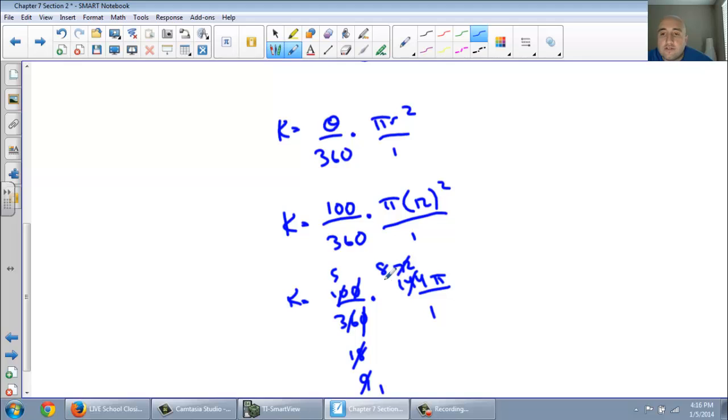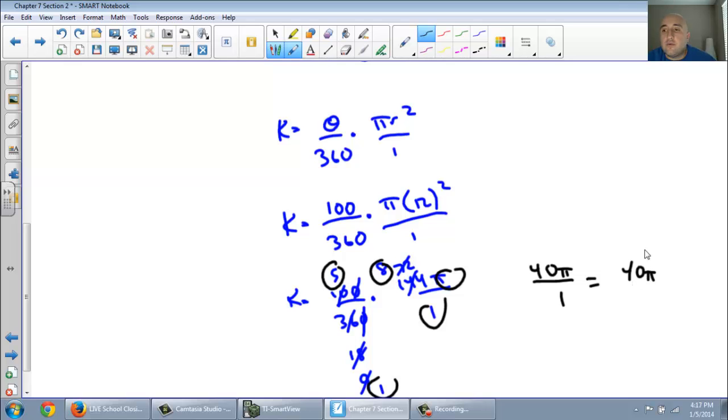Okay, and I think we're all simplified here. So let's circle what we have left. We have a 5 times 8 times pi, which is 40 pi. On the bottom I have 1 times 1, which is 1. Do I need that over 1? No. So this is equal to 40 pi. And what's our unit? Remember, K stands for area, so we need to use our unit squared,